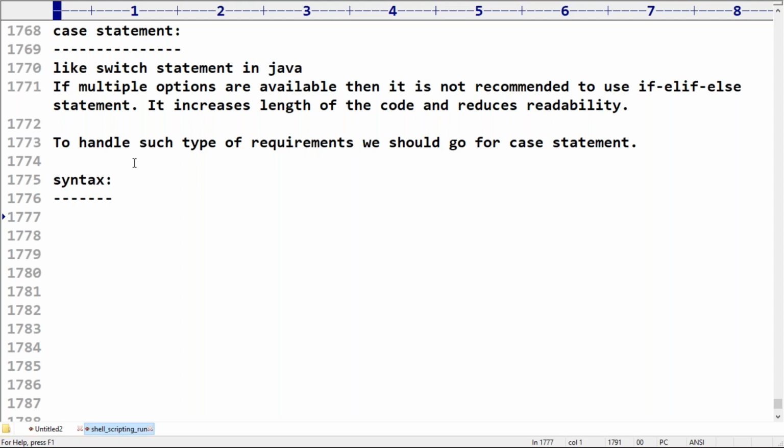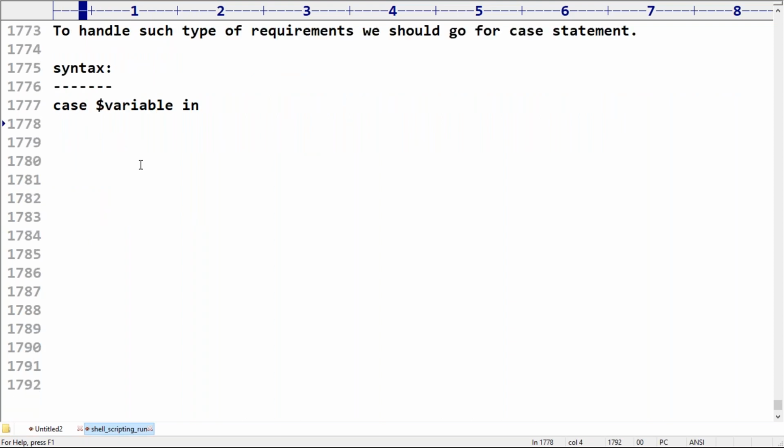Now, case dollar variable in. Remember this carefully, sir. What is the meaning of this? If the value of this variable is the first option, second option, third option, we will discuss in detail; you are not required to worry at all. Now, option one.